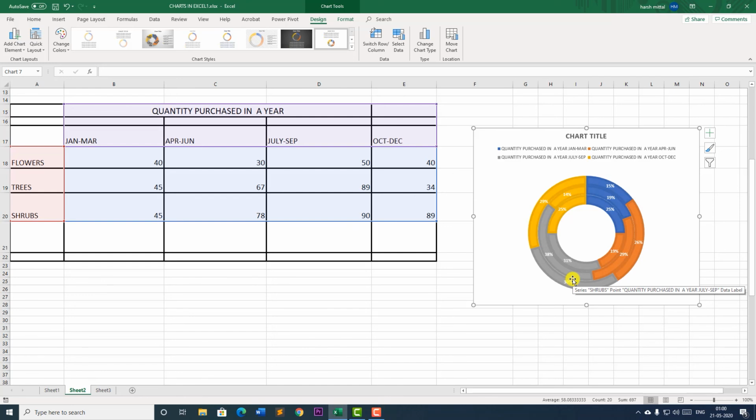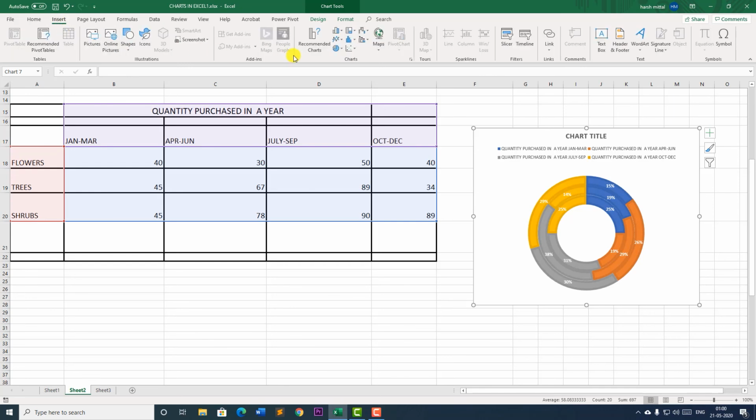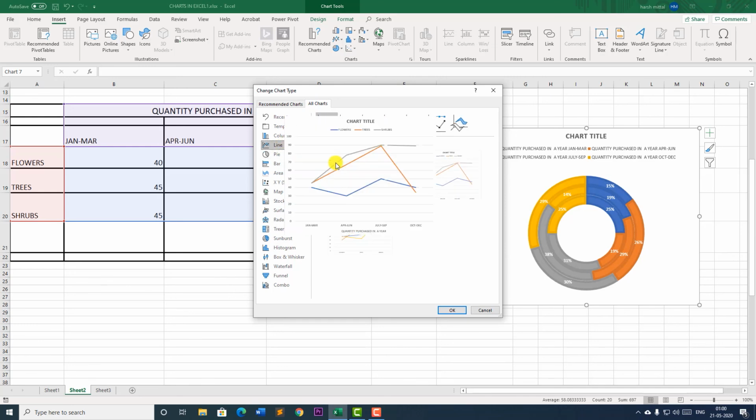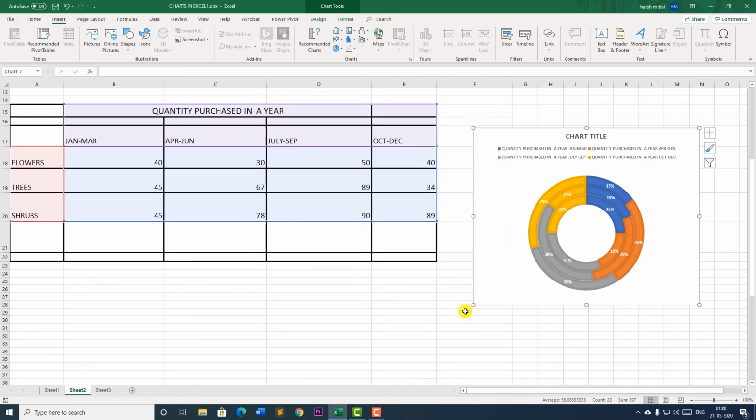If someone tells me, okay, just tell me the trend, in which month is flowers the maximum, or when do the sales of flowers go up. So it is a trend over a period of time that I want to see. There I'll make use of a line chart, because a trend is shown by a line. So let's go to insert and see here. We go to recommended charts, and here in the all charts tab we go to the line chart. See here, the line chart, I just click on OK.